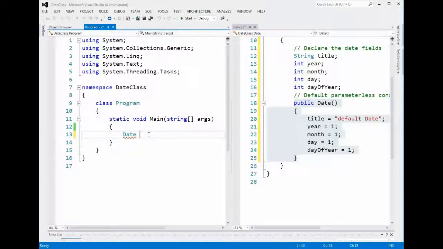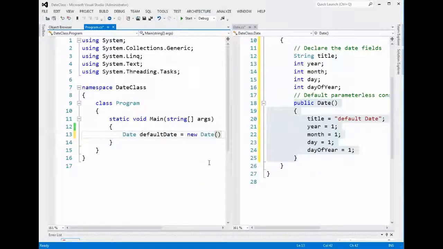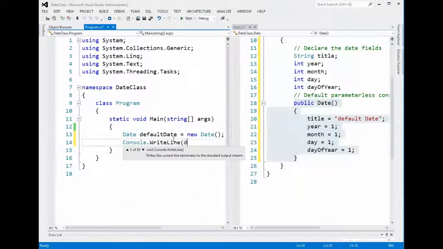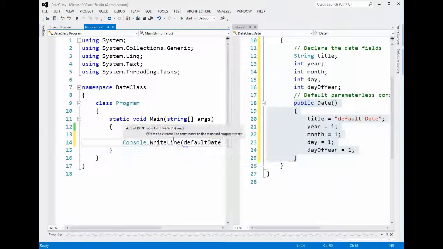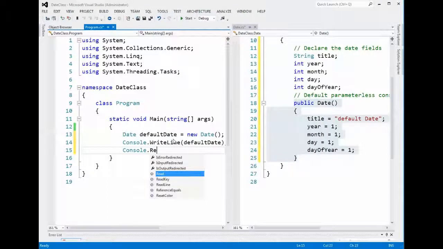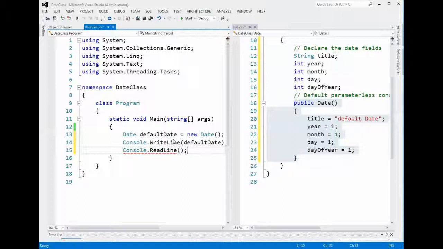So date. We'll just call it default date. Equals new. Look at this. Date. Right there, it knows we're doing it. Okay, and then once we have it, we now have a default date. So what we're going to do is some outputs. We'll do console.writeLine. We'll just put default date. Okay, and then we'll do a read line. It probably doesn't matter whether it's read or read line. Read line puts the cursor on the next line, and read just would put it at the end of default